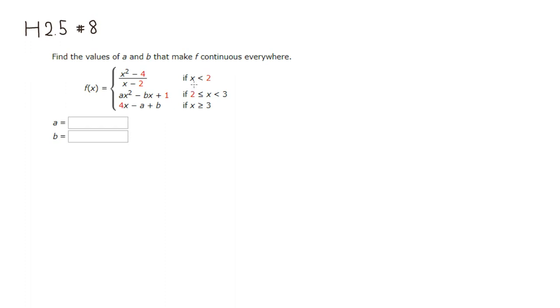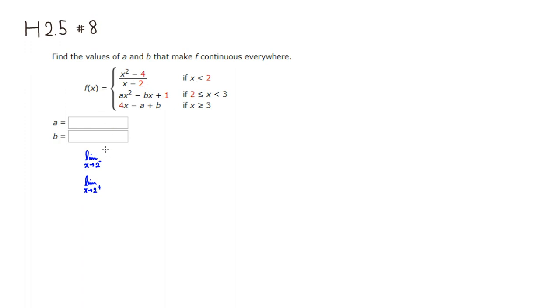So we have to make sure that it's continuous at the gaps, in this case x equals 2 and x equals 3. So let's take this limit. I'm going to take the limit as x approaches 2 from the left, and then the limit as x approaches 2 from the right. If you're approaching from the left, we're using this top formula,